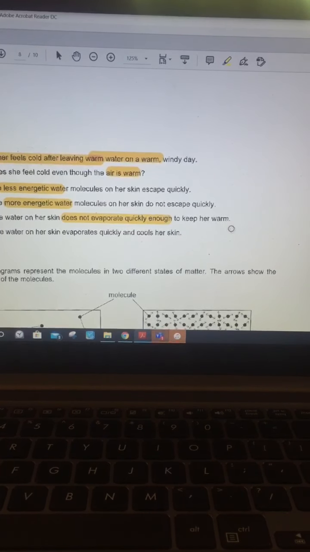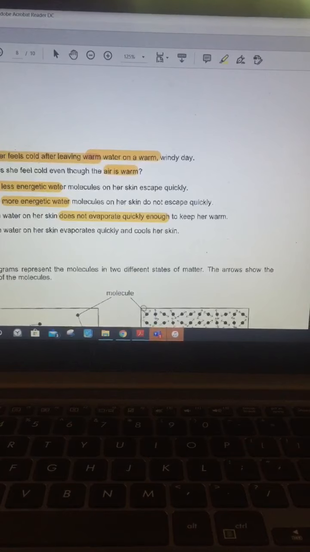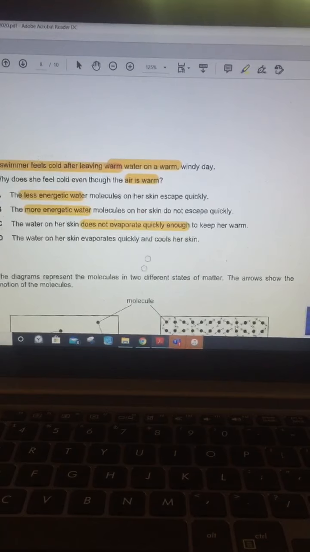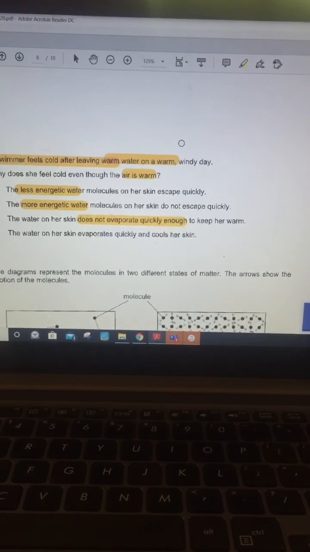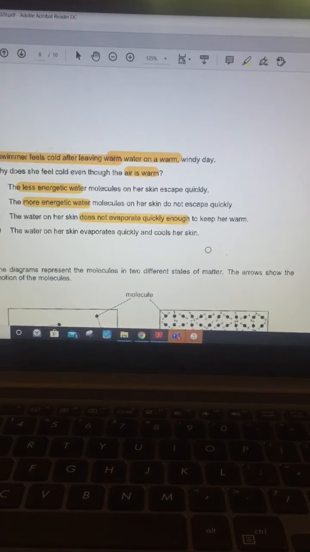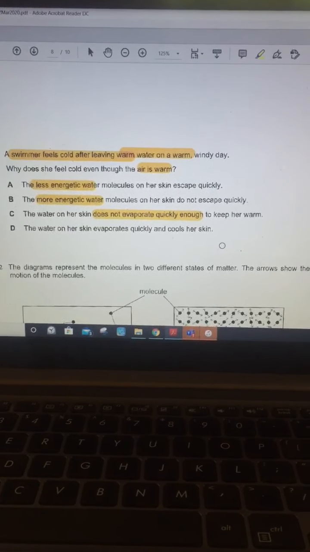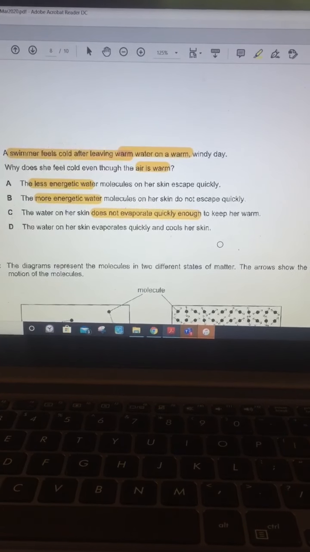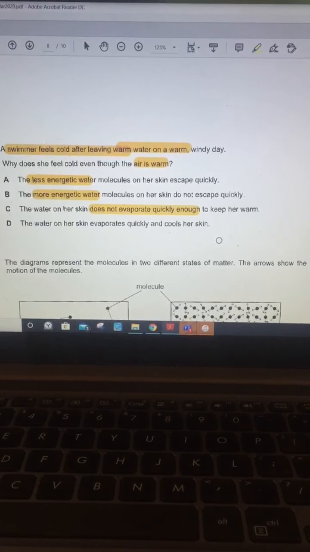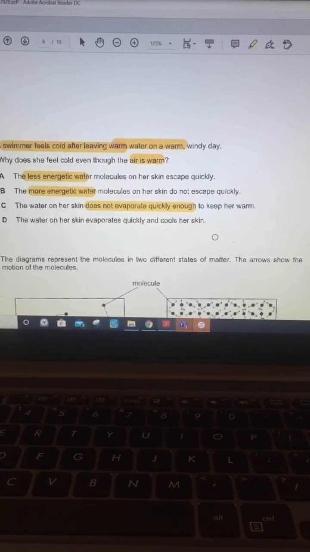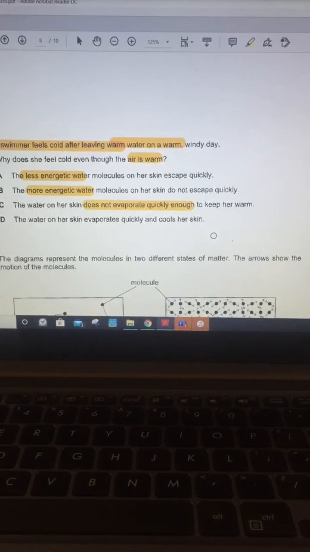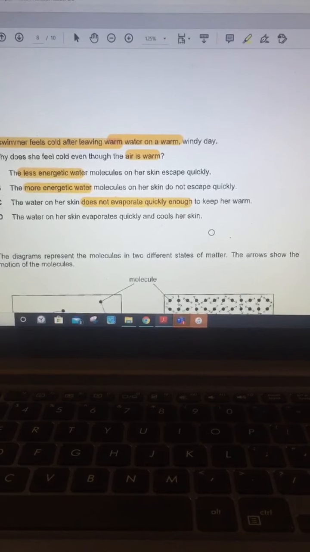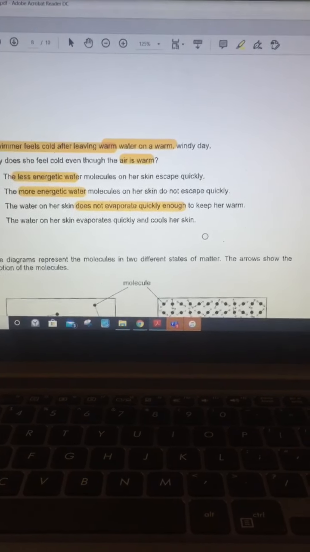Now, during evaporation, the temperature of the remaining liquid reduces, which means that in turn your body is going to supply the remaining liquid heat, so your body's temperature is going to decrease, right? So listen to that again. During evaporation, the temperature of the remaining liquid reduces, which means your body is going to supply the remaining liquid. The heat energy from your body is going to flow to the remaining liquid, which means that your body temperature is going to decrease, right?